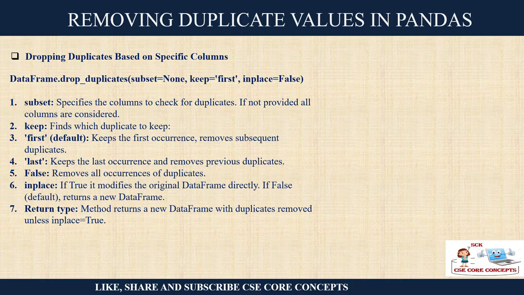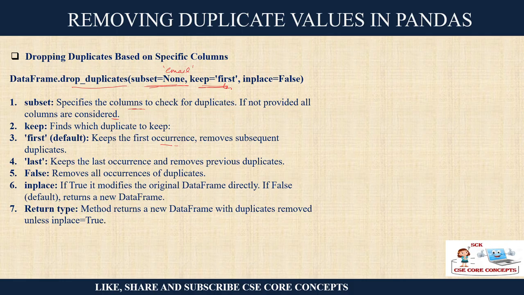So how to find the duplicates based on the column values? You will use the drop duplicates function, but with some values like subset equals none. What is a subset? It is where you specify which column you want to check. If not provided, then all the columns will be matched to find the duplicates. But yes, you can write, let's say, the email address field, so that it will find the duplicates based on the email address field. Keep first means which one to keep: the first copy you want to keep, and the rest are the duplicates. So first will keep the first occurrence.